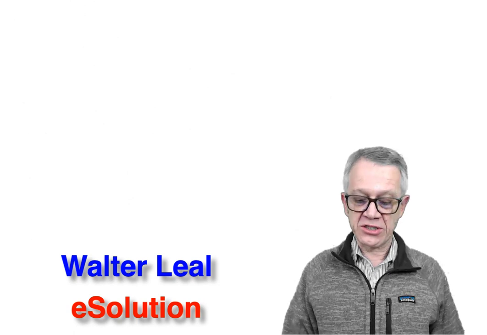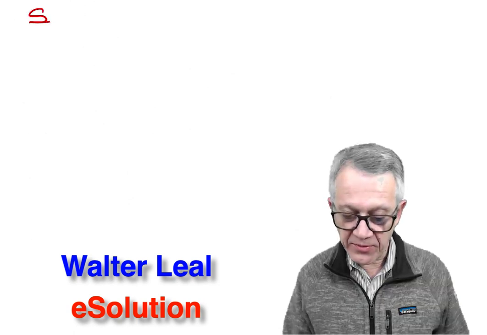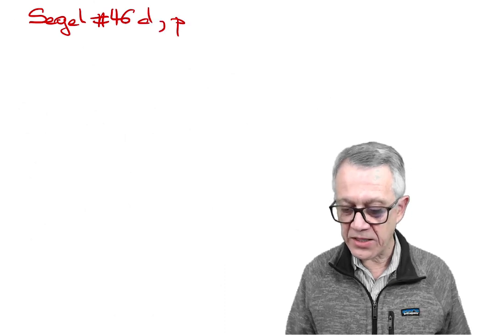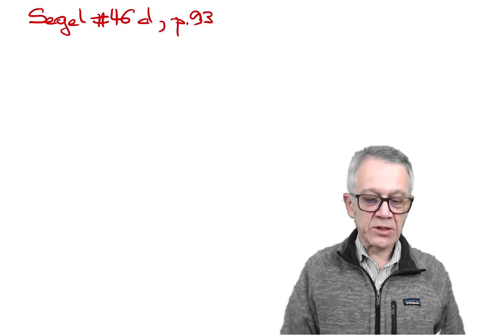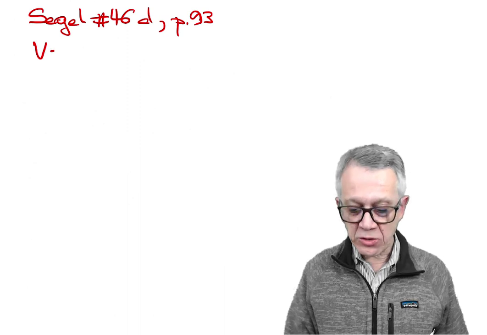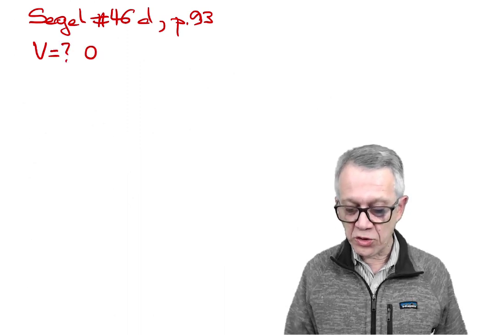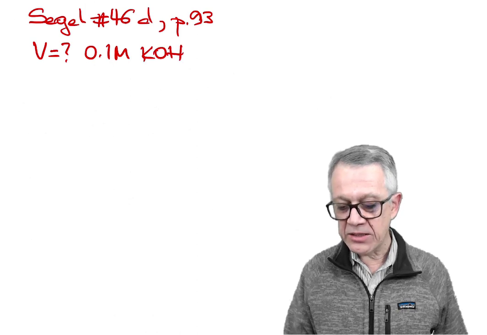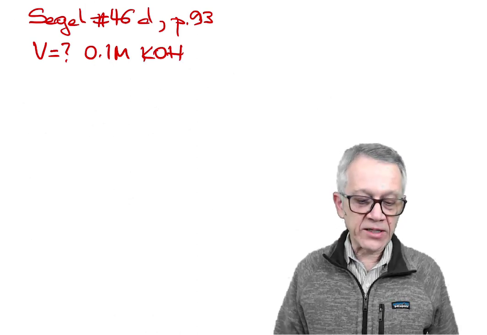Let's do the last part of problem 46. Again, this is our problem from the Siegel book, and this one is 46, and the letter is the letter D, and they are on page 93. Again, the problem asks for the volume of a solution 0.1 molar of potassium hydroxide that's required to completely titrate,